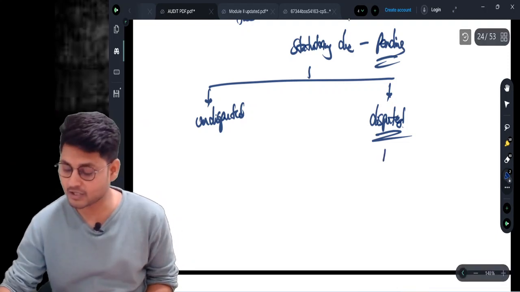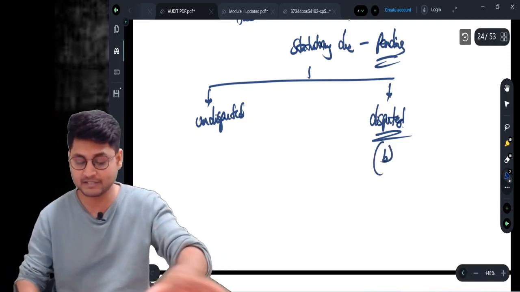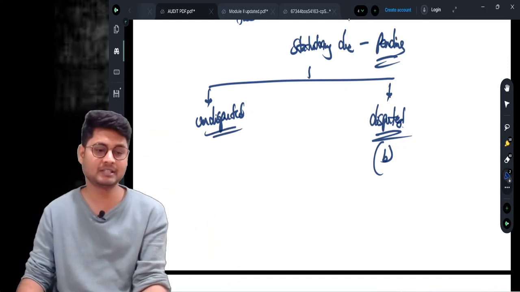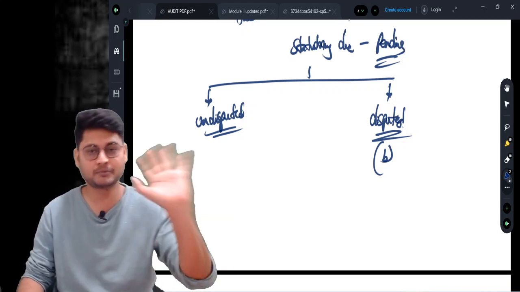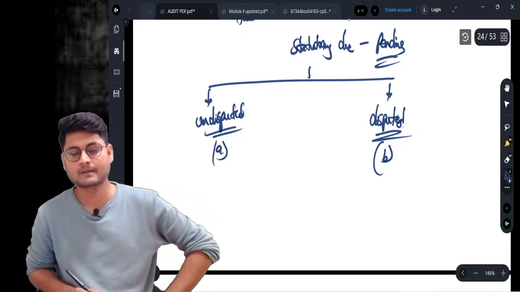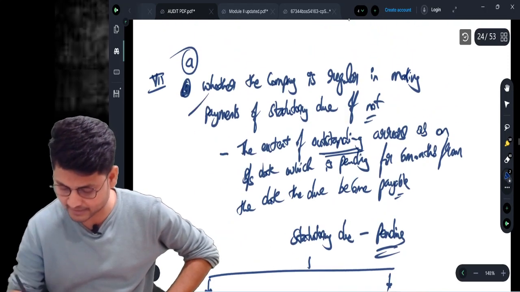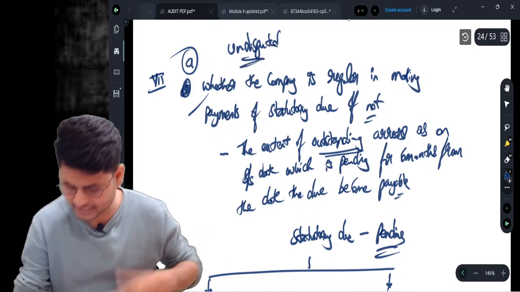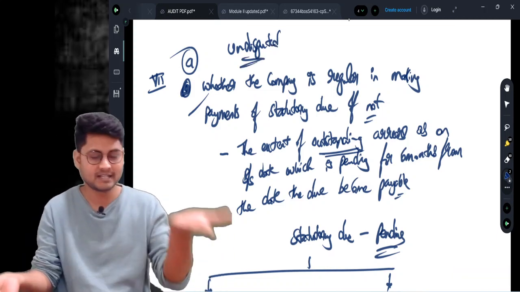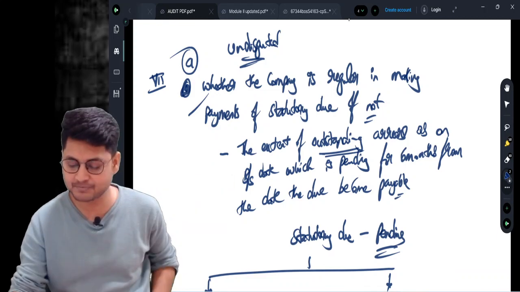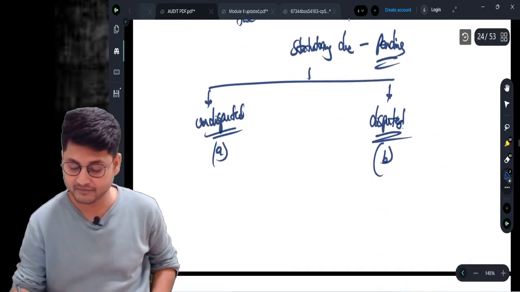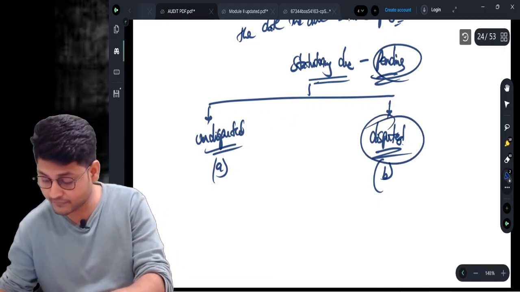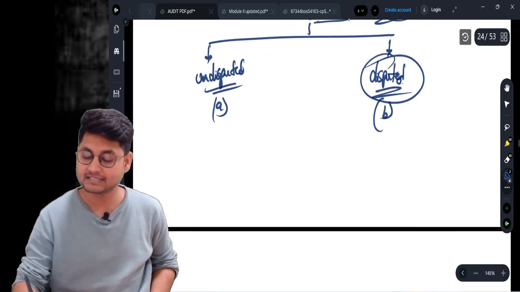Then come to clause number B. Whatever I discussed now in clause A is undisputed. You are required to pay that, and there is no dispute on that also. It is your liability, you just need to pay, but you fail to pay. Then whatever we have written in the notes is applicable. You self-assessed, and there is no dispute also. It is your liability, now you fail to pay. That is undisputed. Come to point number B, where there is a statutory due which is still pending, and it is because of dispute only that you fail to pay. Then you need to write,